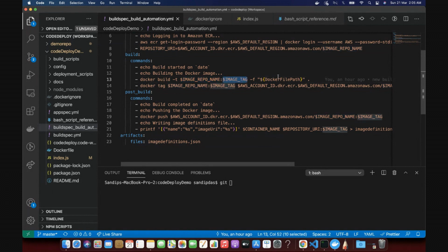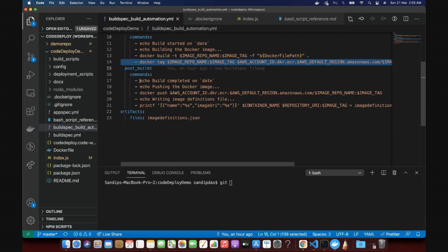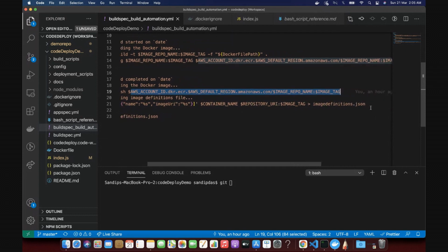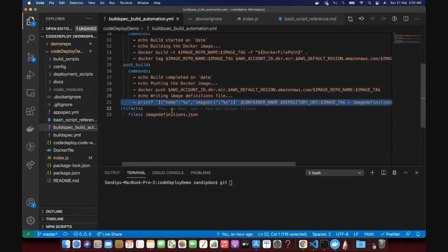All these values are supplied from environment variables. Then we are tagging this, and in the post build commands we are pushing that Docker image to the remote repository, and we are creating a reference file, image definitions, to make sure that our Docker container updates with the changes.